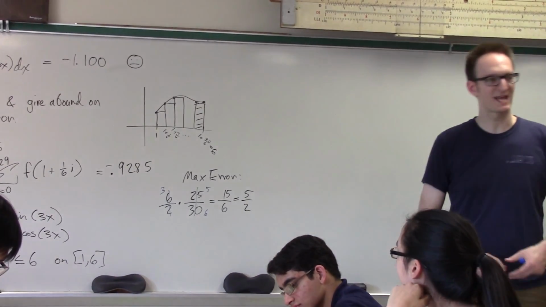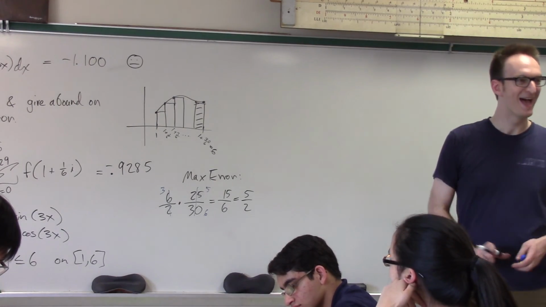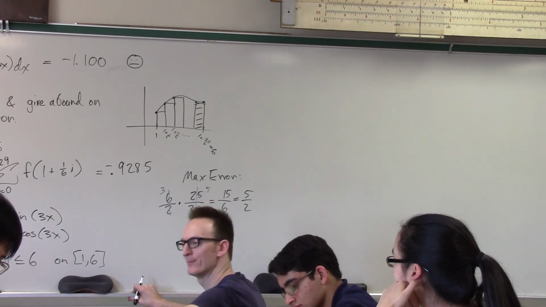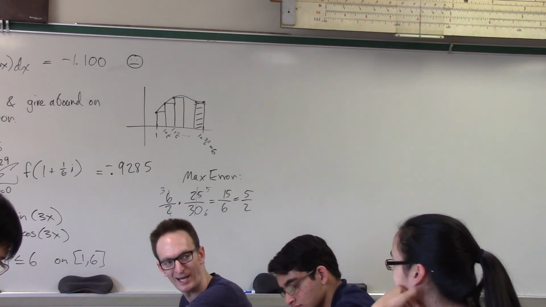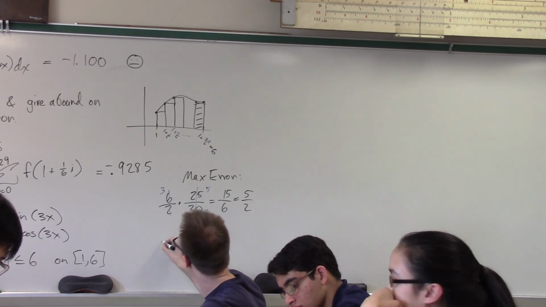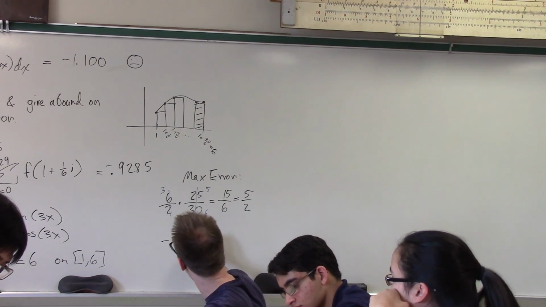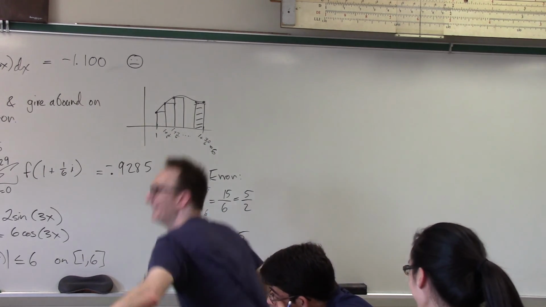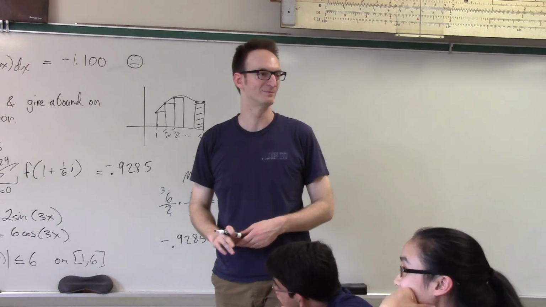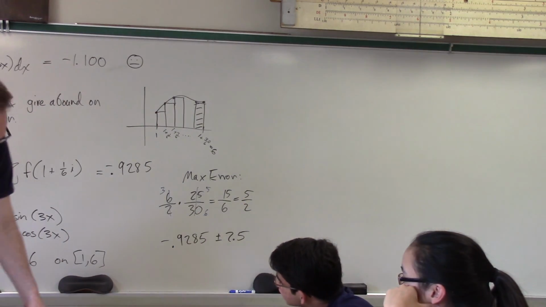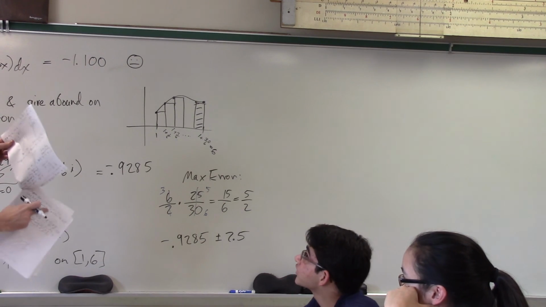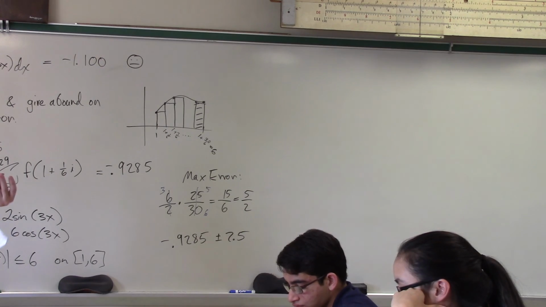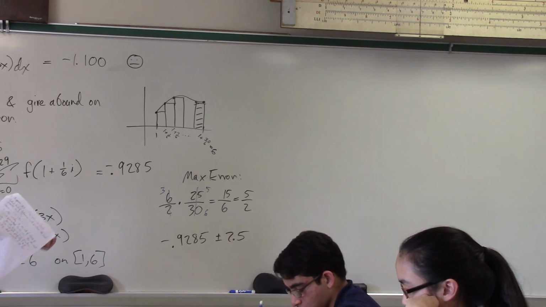Okay, that is a quite terrible bound. Here's what I'm now prepared to say, submitting this to my engineering boss: this integral is negative 0.9285 plus or minus 2.5. Does everyone realize why that's terrible? Because the error is more than the actual value. Okay, can we do better? I hope so. We should be able to do better. So the question you now might ask is, how many rectangles are required